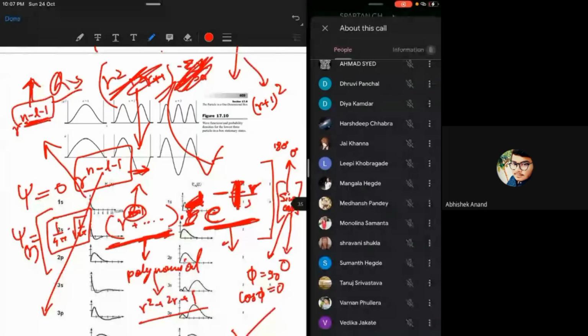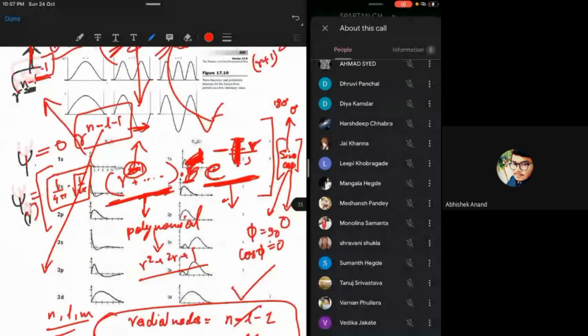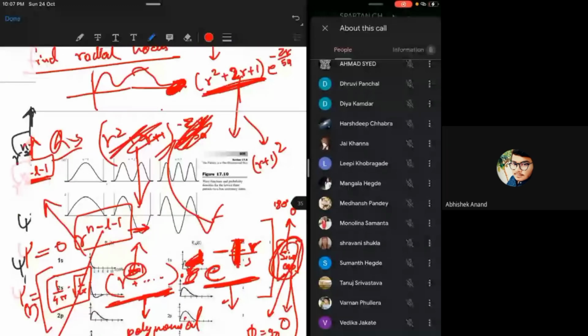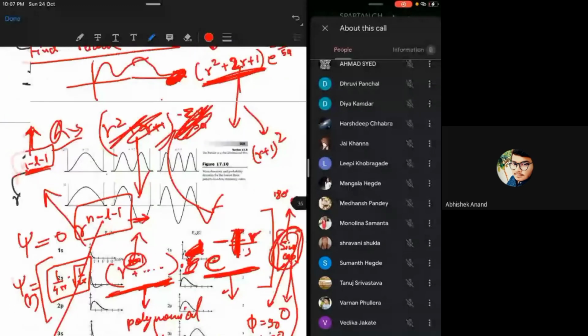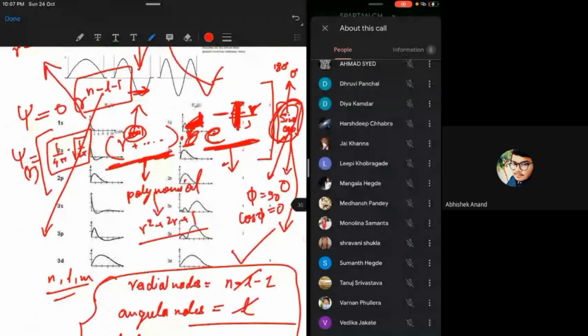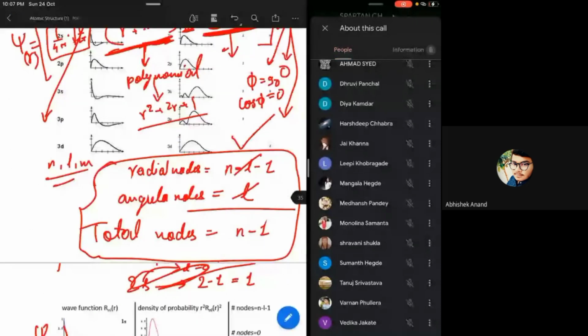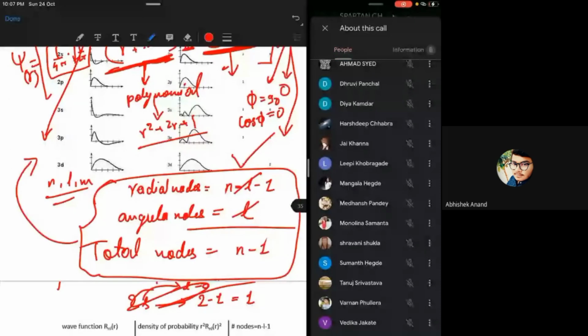Okay. And similarly, we get the number of angular nodes from the angular part, when there is a function, a big function and all. I'll give you a hint. I cannot totally explain it to you because you will need an equation and all. But in general, this is how we have got it. Did you guys get it? How we have got this? How many nodes will be there?